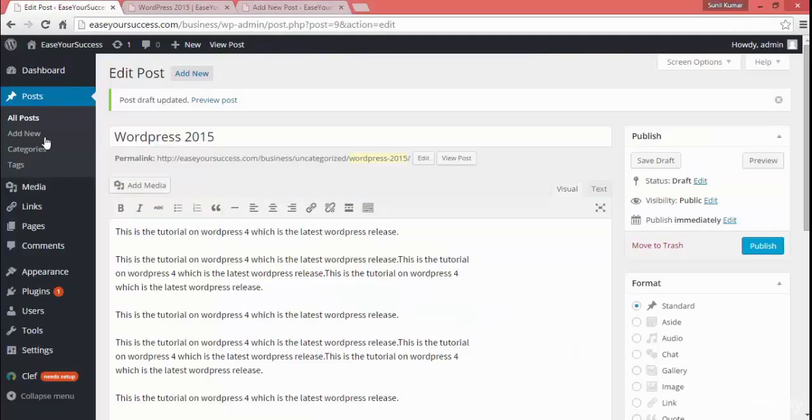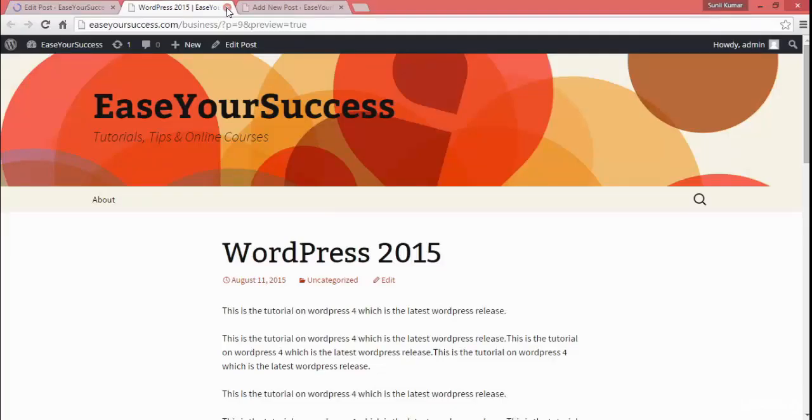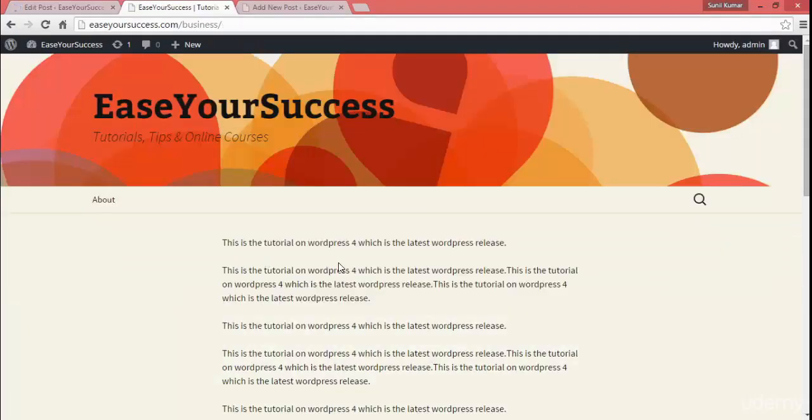Pretty simple. Go to All Posts, Add New, give the title, and then here you can choose the type. You can click on Publish. When you click on Publish, it will be visible on your website.